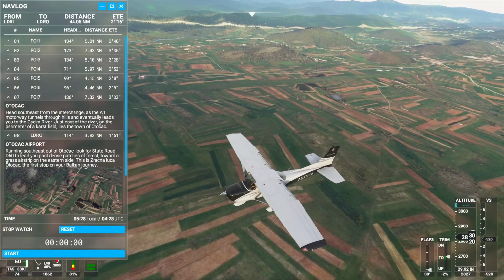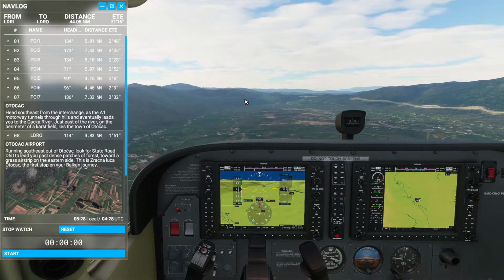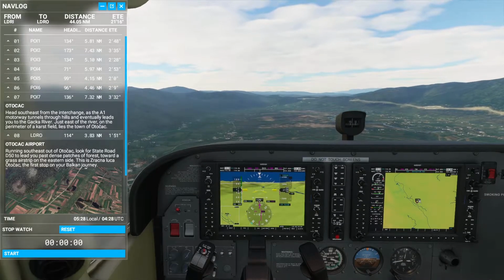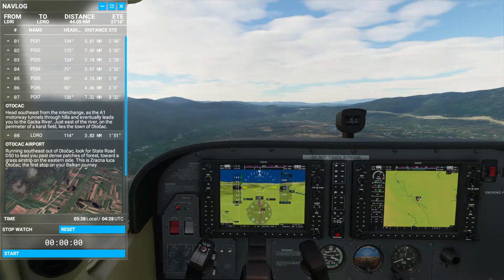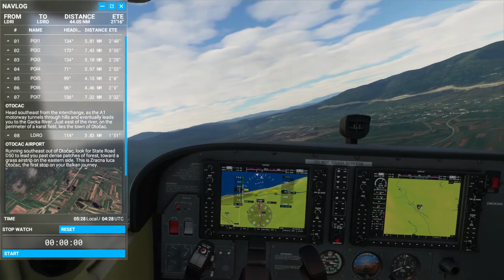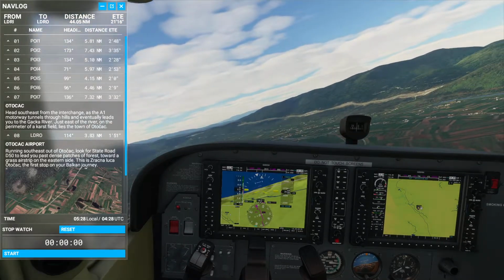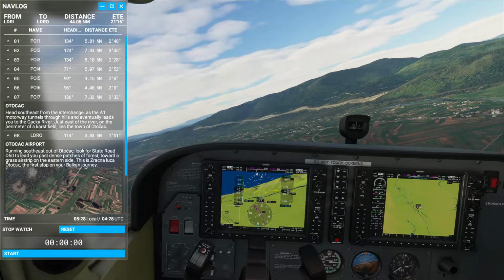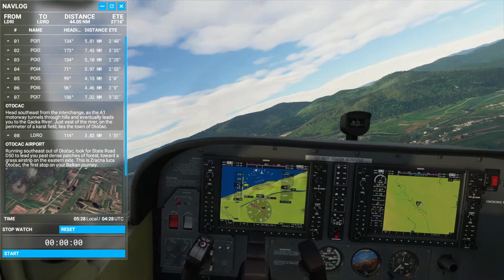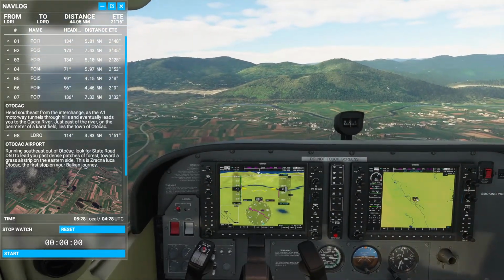So we should see somewhere, there it is, there's our runway. So we're going to go ahead and make a right turn. Obviously we'll have no PAPI lights or anything to judge this. It's going to be a grass runway, so I highly doubt there's any assistance of any kind. So we'll go ahead and turn right now. So we'll go ahead and turn right and level it back off, just like we learned in the...